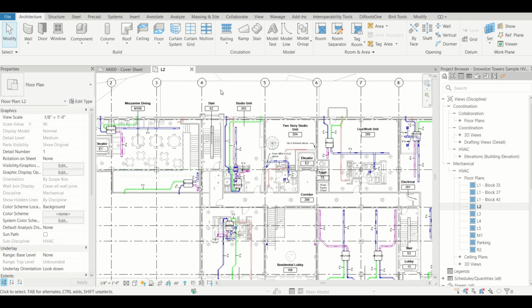Shared parameters are the parameters which we can use for the Revit families as well as the Revit project. Additionally, the file for the shared parameters, which will contain all the shared parameters, will be a text file. And it will not be directly dependent on a specific project. It means the same shared parameter file we can use for multiple projects. On top of that, the shared parameter file can be used for the Revit families as well,